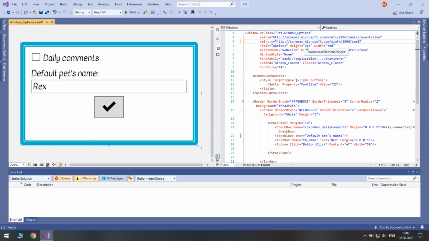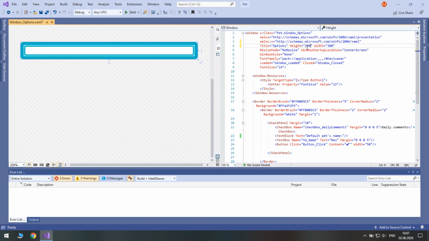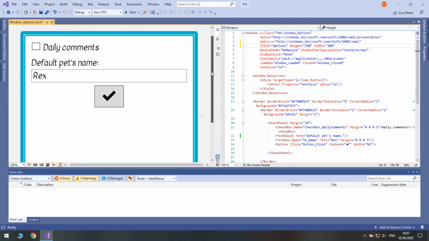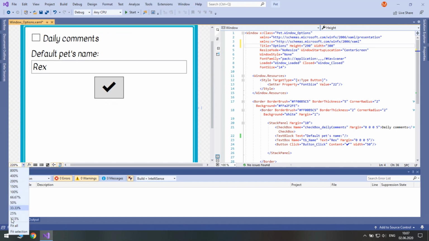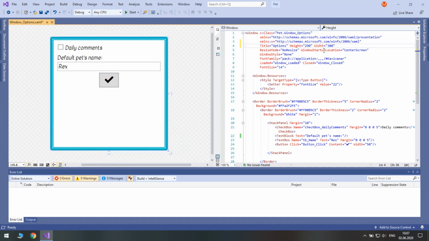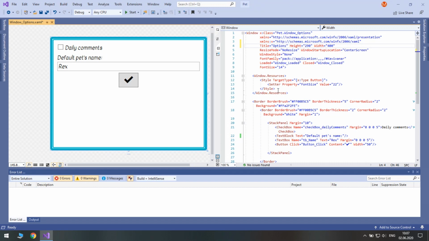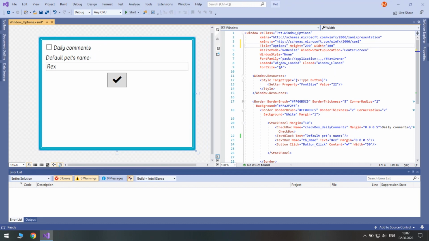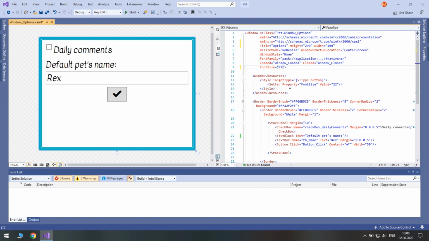Let's increase the height because we are going to add new settings, so let it be 290. Okay, and the width should be bigger as well, so let's make it 400. Okay, let's increase the font size to 22.